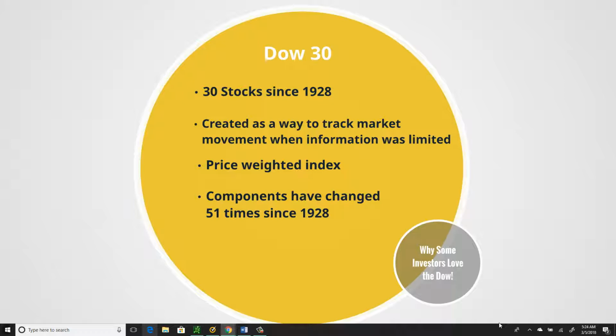Some very recent additions to the Dow Jones were companies like Apple and Cisco, and companies that came out were companies like General Motors, U.S. Steel, and Alcoa. So if you think about it logically, when the Dow Jones is replacing stocks that are in the index over time, we know that index is going to have to rise, right? There will be ups and downs, but if you're taking out the underperforming stocks and replacing it with some better performing stocks, it's only logical that the index over time would always have that bullish bias,